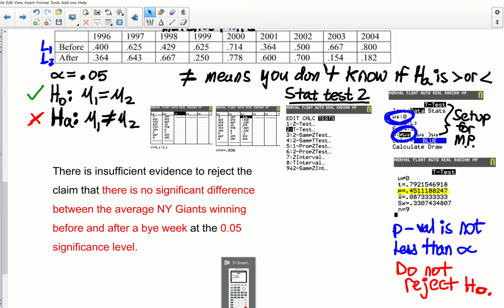Oh, that's not what I wanted. Alternate shift Q. No. Window shift